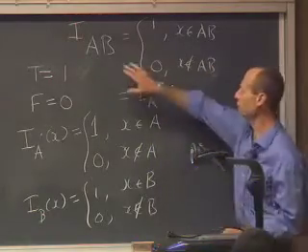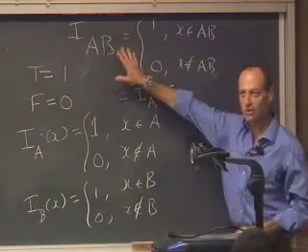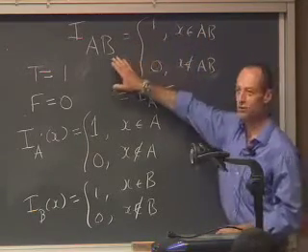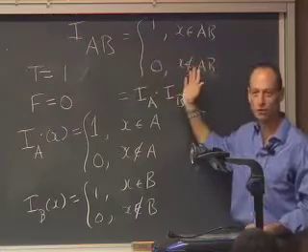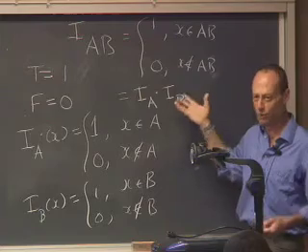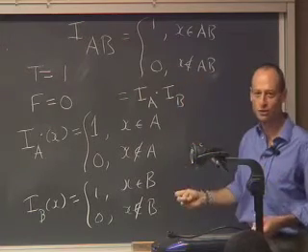And this is why this sort of multiplication notation for intersection makes sense, because the membership function, the indicator function for the intersection, is the product of the indicator functions for the two sets separately. Again, this is just a cultural nuance. You don't have to remember this. It just might help you understand where the notation comes from.